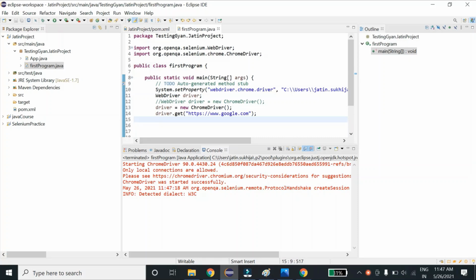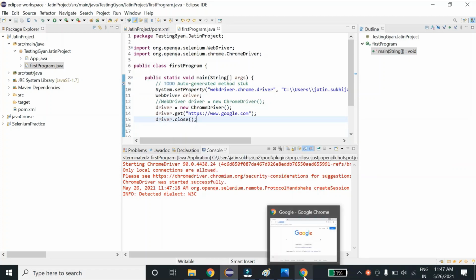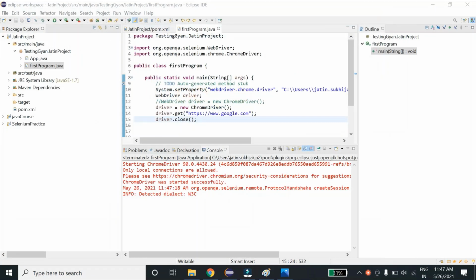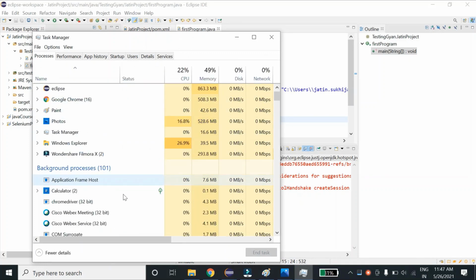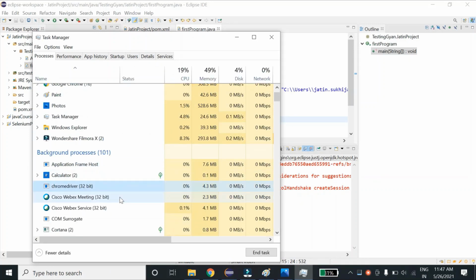If you want to close the driver from the script directly, you can use driver.close or driver.quit as well. I'll tell you the difference between driver.close and driver.quit in our coming videos, but for now you can use driver.close. So I am closing the old version which we have not closed from our script.